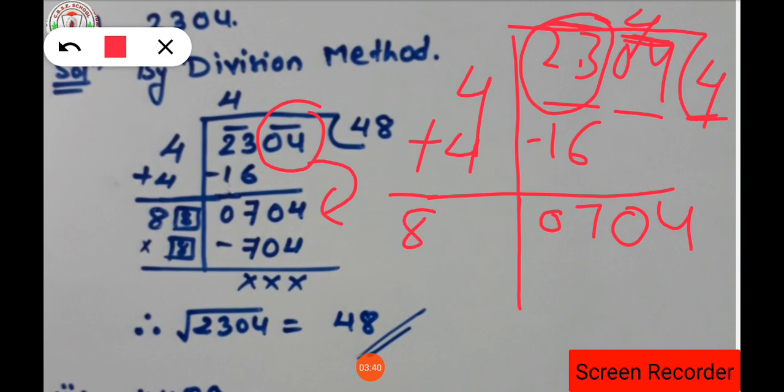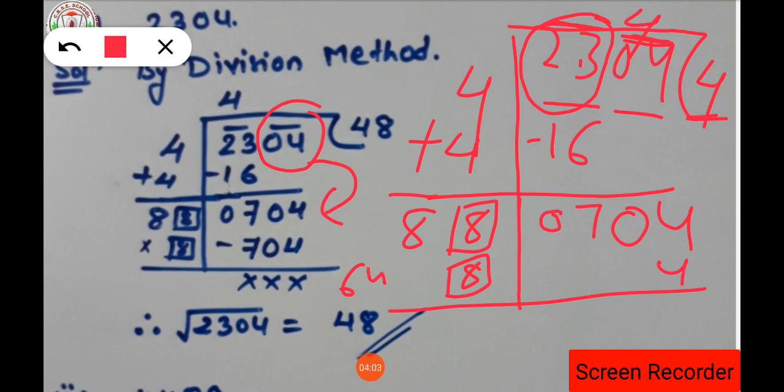It will be 8. Now we have to think of a digit such that, multiplied with it, we get close to 704. So suppose I am taking the number 8. That number should come in both the brackets. Okay, so 8 eights are how much? 8 eights are 64, isn't it? So 4 will be here and 6 carried at the top. Then 8 eights are 64, and 64 plus 6 is how much? 70. So 704 comes, and we have taken 8 in both brackets, isn't it? That 8 will come next to 4, that means it will come in the quotient.